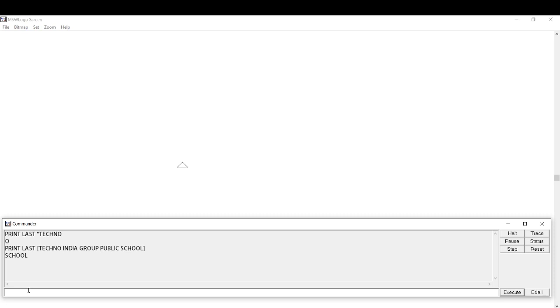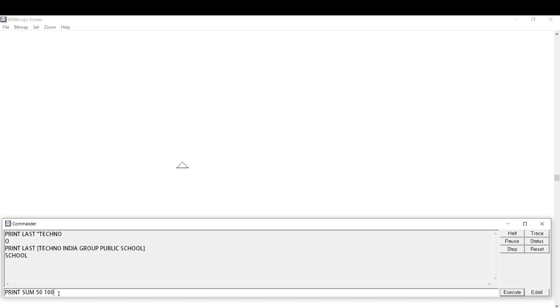Now let us see how to do different types of calculation in Logo. Suppose you want to add numbers, we will use the sum function. So let me write print sum. Sum means addition. After writing print sum, you can use numbers, say 50, then a space, then 100, meaning print sum 50 100.